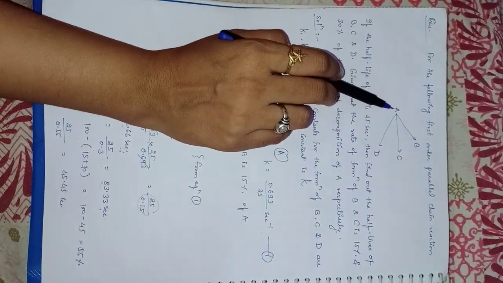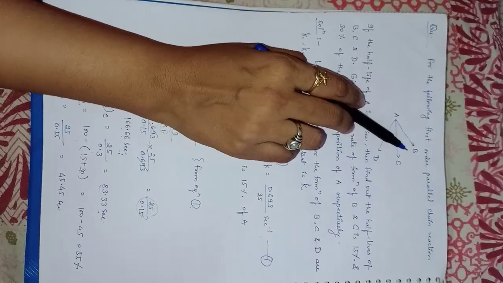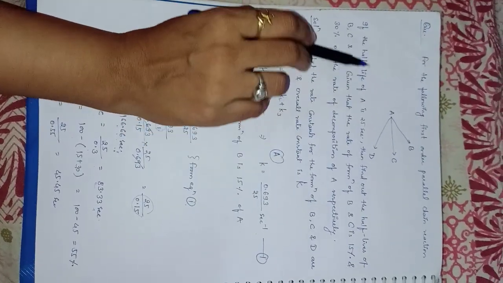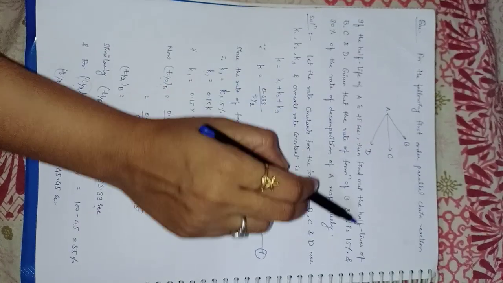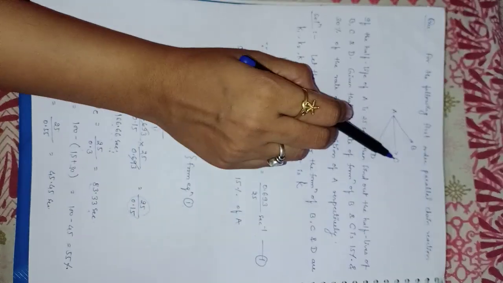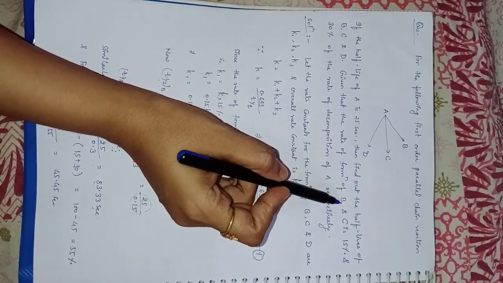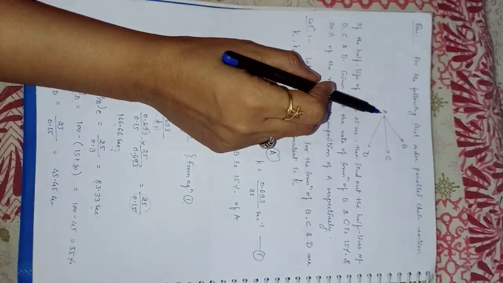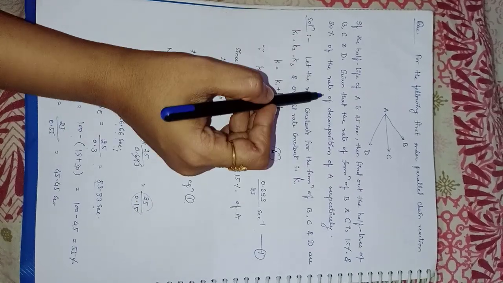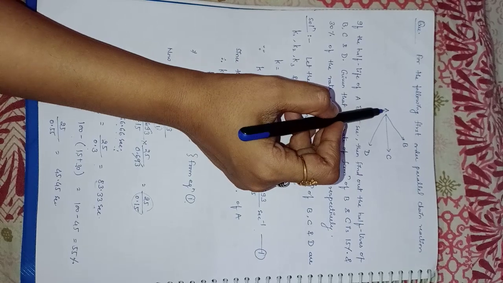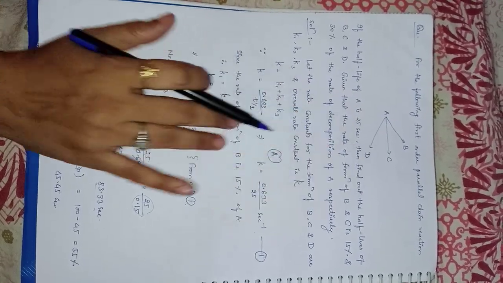In the question, it is given that A forms different products B, C and D, and the half-life of A is given as 25 seconds. Then we have to find the half-lives of B, C and D when the rate of formation of B is 15% of A, and when the rate of formation of C is 30% of the rate of decomposition of A. And you have to find it for D also. Okay, so let us start.